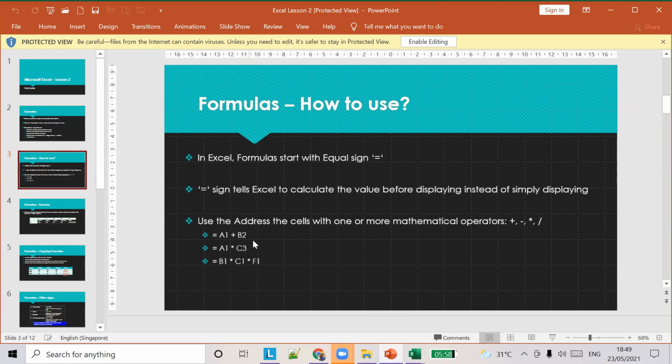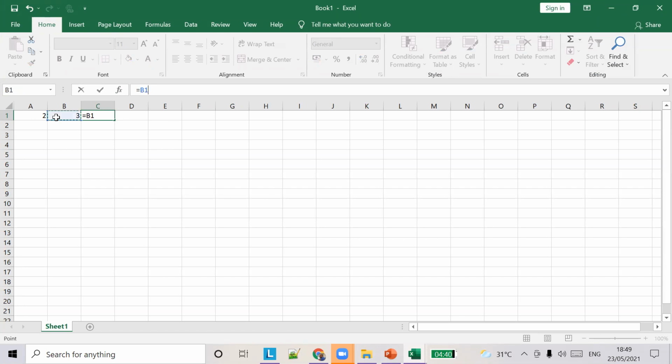We're going to add A1 plus B2. But here, the cell address for this one is B1, right? So we're going to add it horizontally. So what I'm going to do is add A1 plus B1.